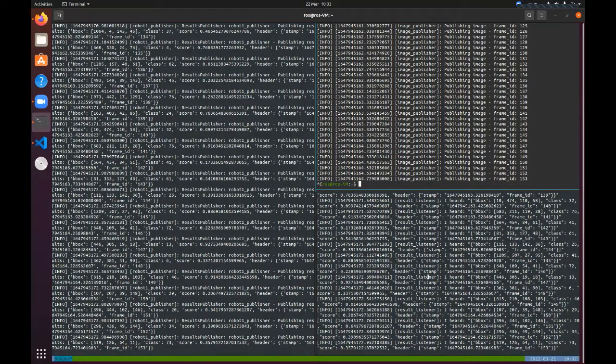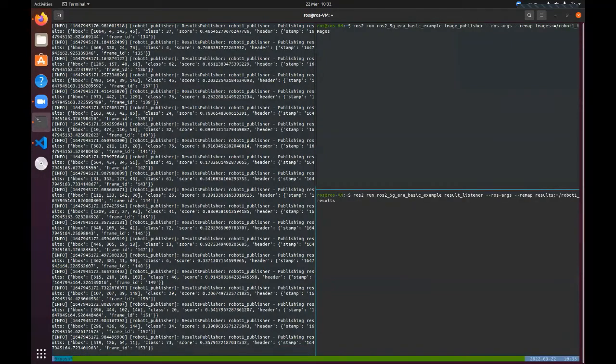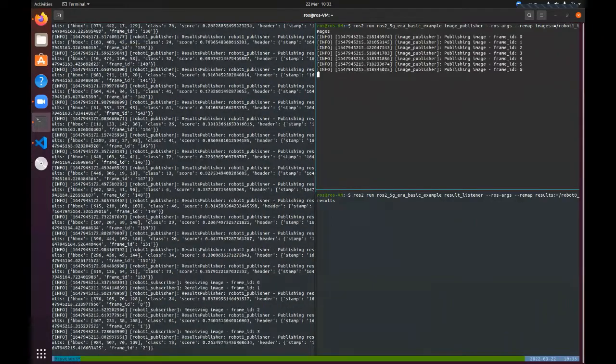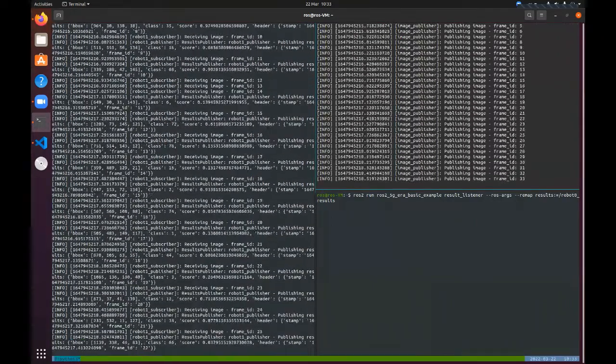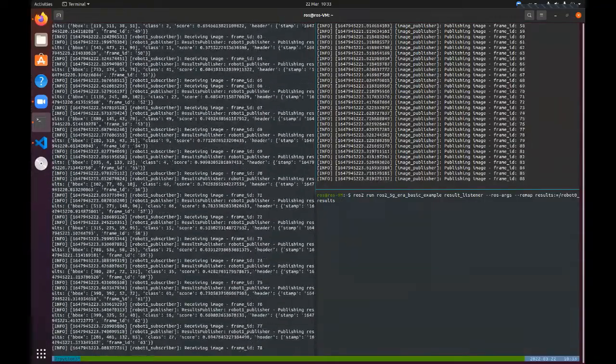We can test one more thing. If I change, for example, the topic name in the result listener to robot 0, not robot 1, and run the image publisher again with the previous settings, you can see that the image publisher is publishing the data, the machine learning service is processing the data,